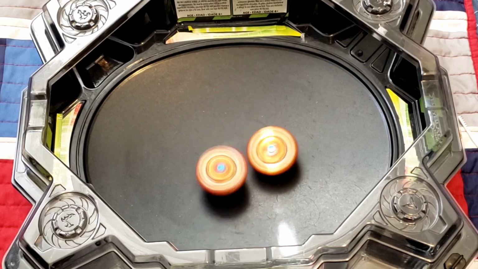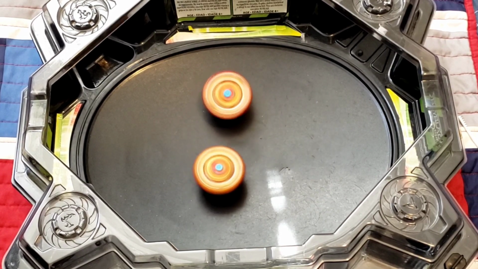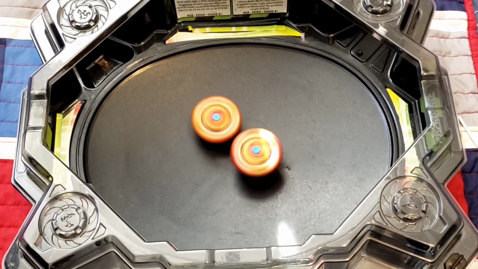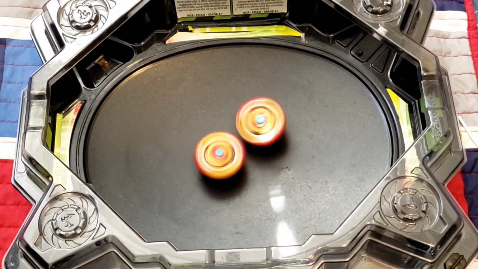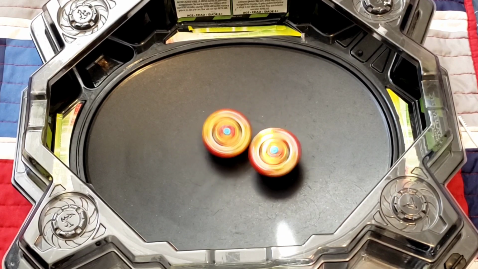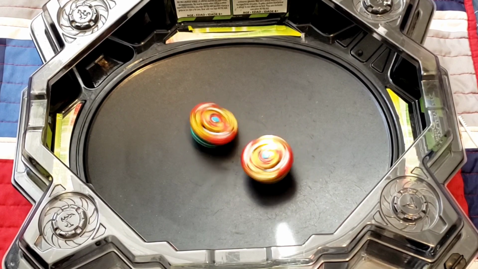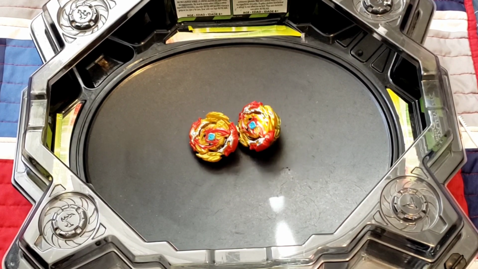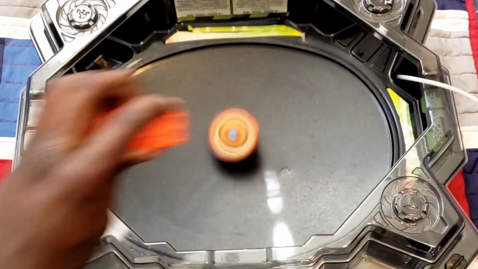Now we might see a slow motion burst in Unite's favor because it loses stamina a little bit faster. Or does it? Although, if it doesn't burst, Keep might actually win. Yep, Keep won that. So now, we gotta put Spryzen in its right spin. Well, so both Spryzens will be in right spin, basically. 3, 2, 1, let's...